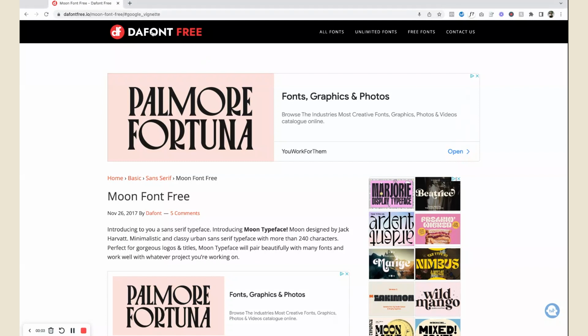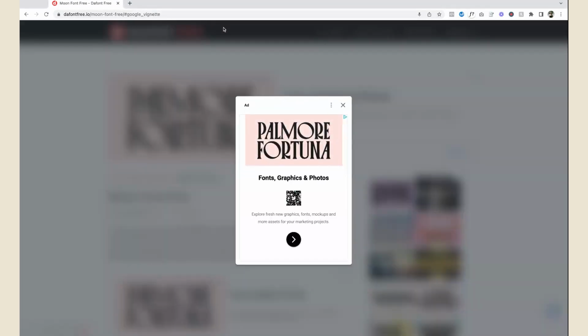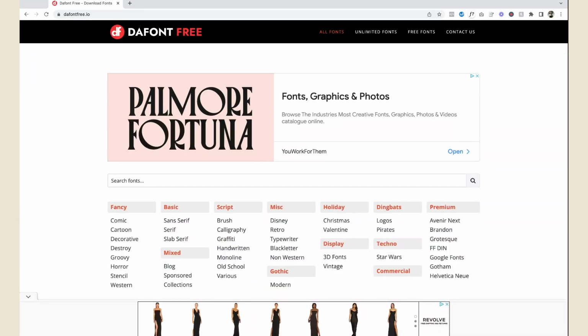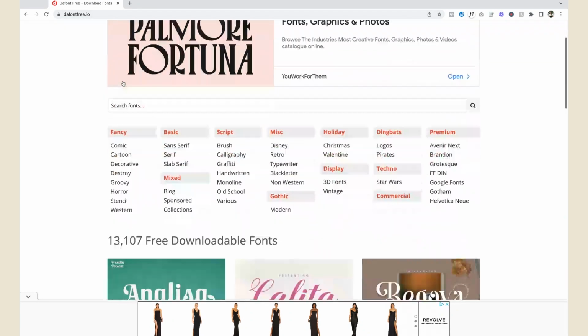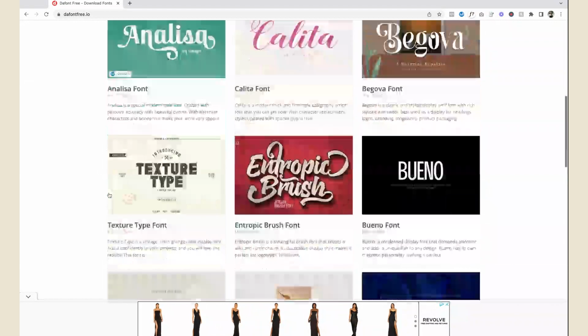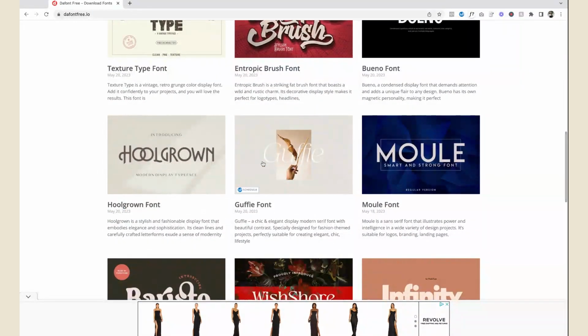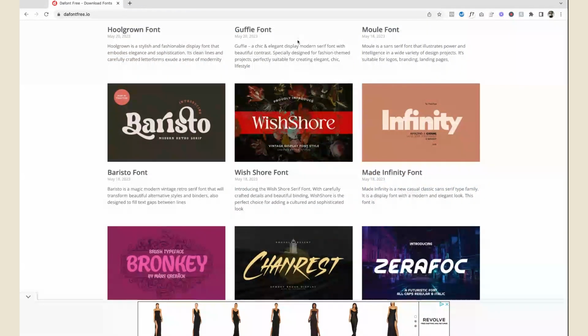Alright, you guys, I wanted to also talk about fonts and how I typically look for fonts I can use for free. As you can see right in front of me, I have defontfree.io. This is where I'll do my initial searching for some fonts that I like. They have some really pretty ones that you can find on Creative Market. Just demo ones. You do have to purchase the license if you decide to use this,